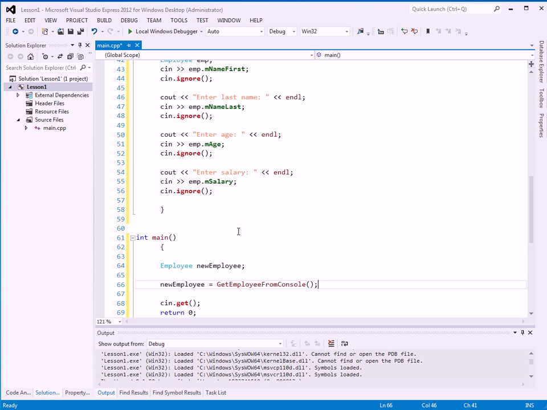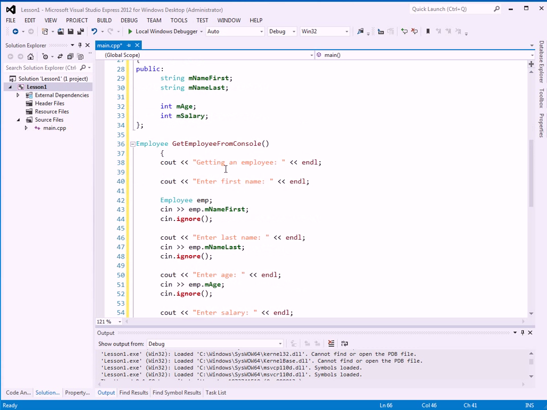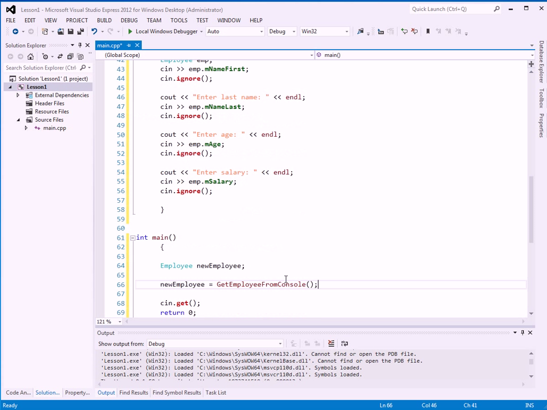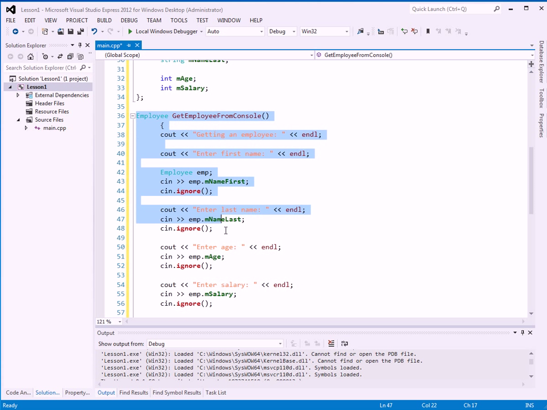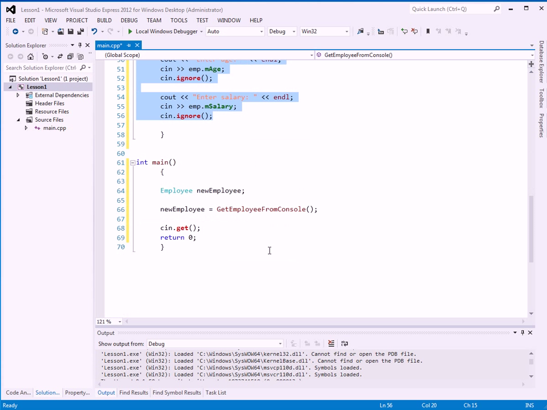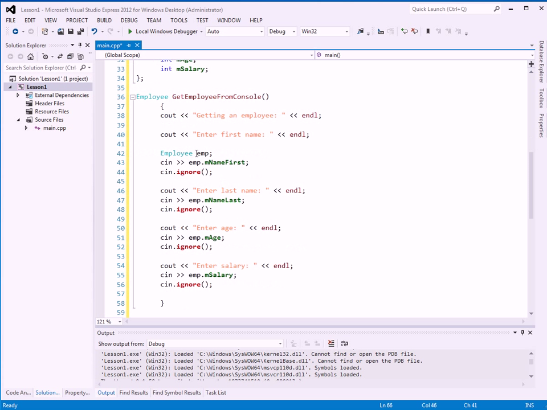Now this works. Almost. We haven't finished our function yet, but the idea of what we've just done here is we're calling this function that we defined up here. We defined it up here. We didn't tell the computer to do it yet until we actually call it. So what is our function going to do? First, it makes an employee, and then it uses the console to get its data,